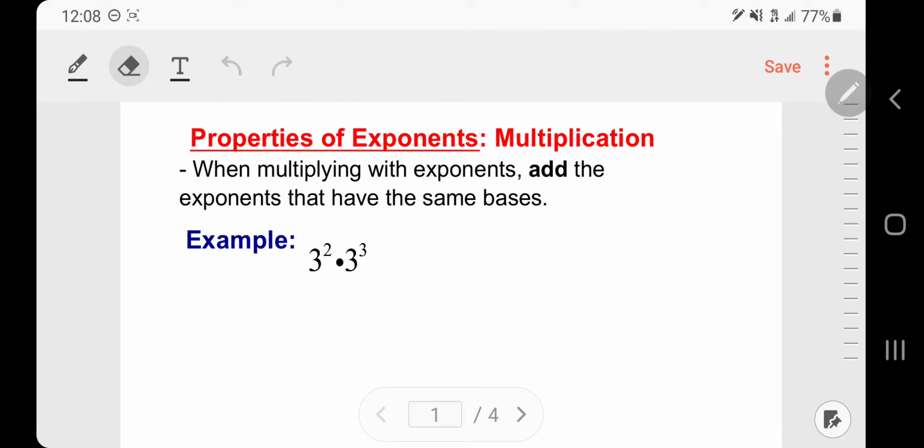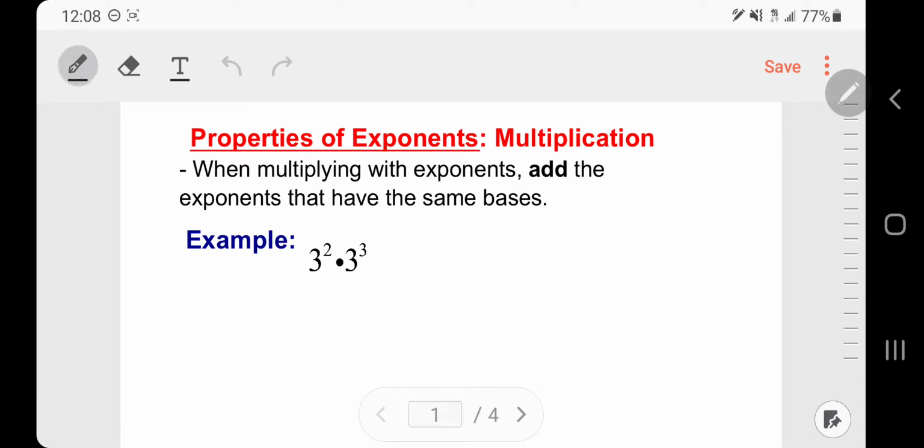Hey everyone. In today's video, we're going to take a look at some properties of exponents that have common bases. So the first property we have here is multiplication. When you're multiplying exponents that have a common base, you're really just adding those exponents together and keeping the base